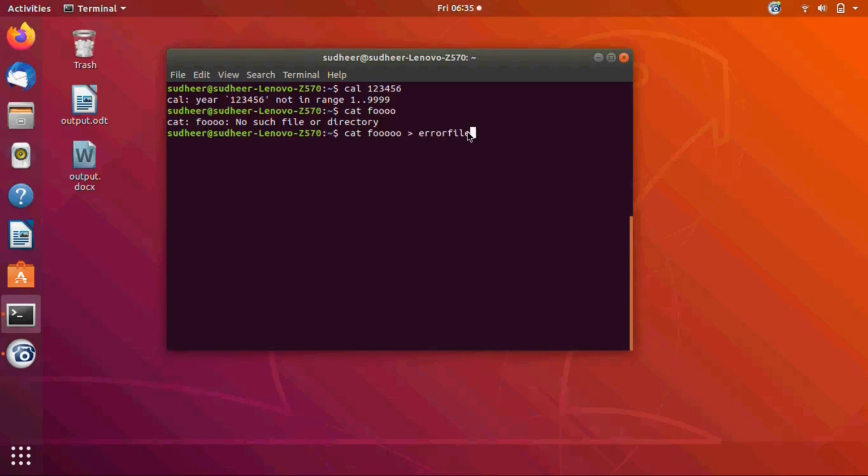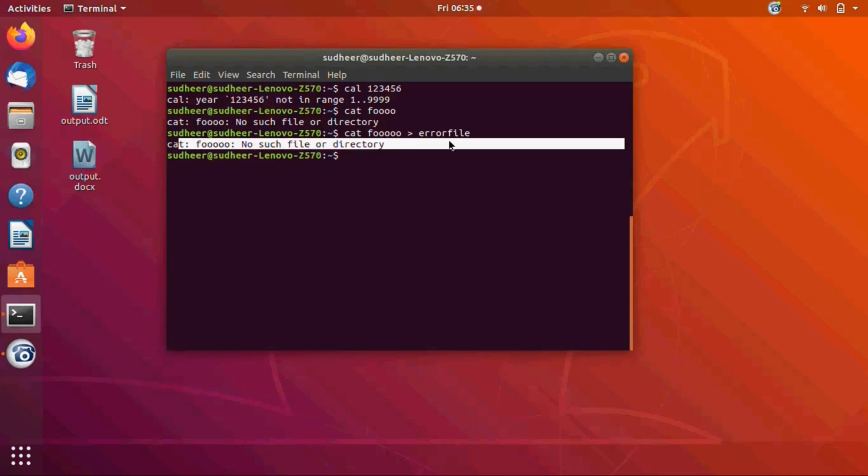Now let us run the command. Here the error message is not redirected to the file using a greater than symbol. This is not possible for standard error; it can be used only for standard output.